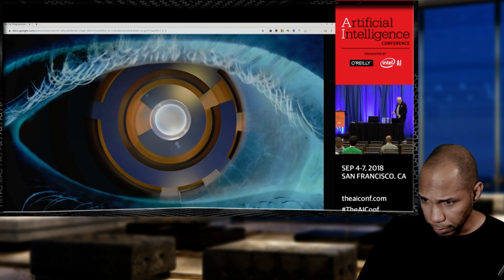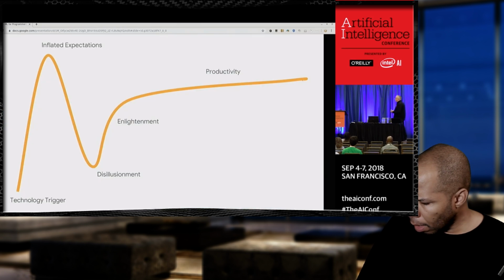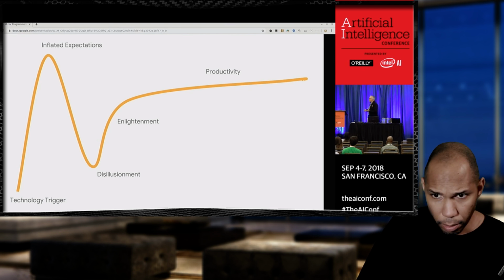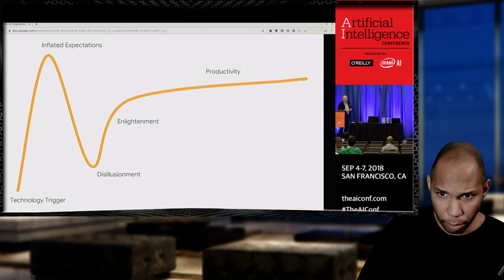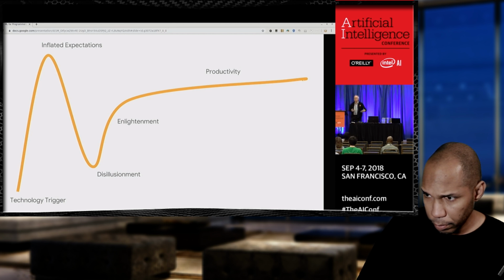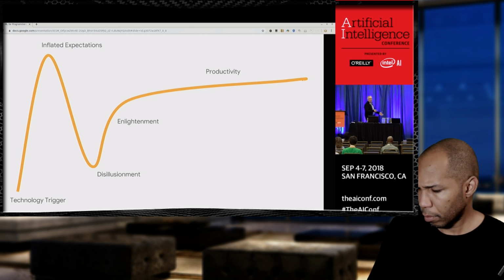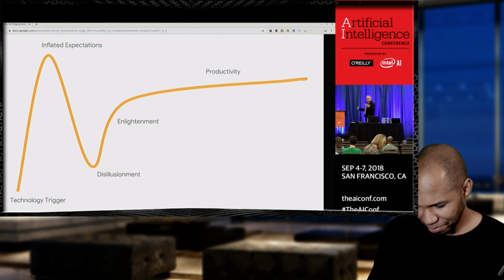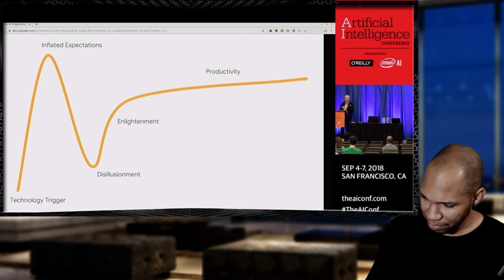Now, there's so much hype around this, so I like to draw the diagram of the hype cycle. Every hype cycle starts off with some kind of technological trigger. With AI and machine learning, that trigger really happened a long time ago. Machine learning and AI have been in universities and in industry for quite some time, decades. It's only relatively recently that the intersection of compute power and data has made it possible so that now everybody can jump on board, not just university researchers.